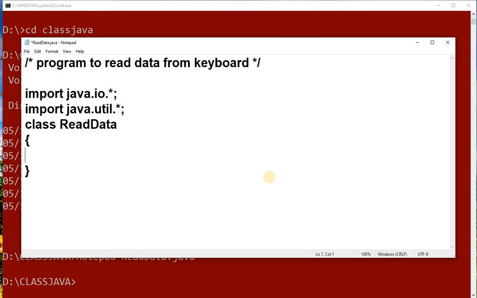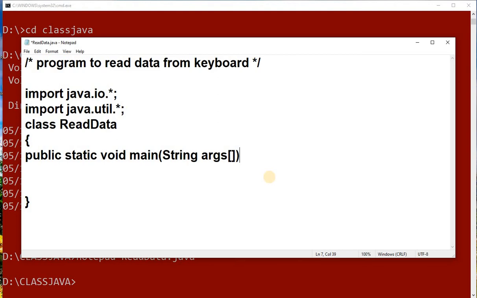You can use a different class name also, that is not a problem, but sometimes it can become an ambiguity, or as you are a new programmer doing this program for the first time, you may have confusions. Later on we will see how we can do that. Now we are in the class. Now we need the main method: public static void main, with String arguments.